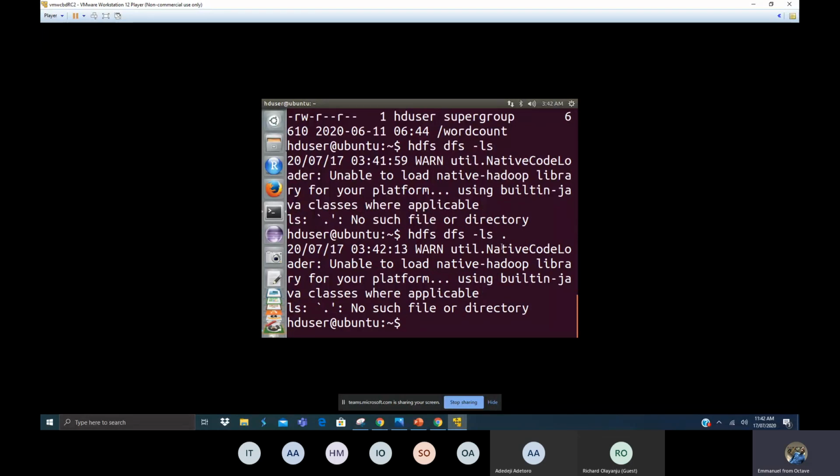So the command in the normal environment versus the HDFS environment: in the normal environment, if I type this, it means list the files in the current directory. But the command I want to run now is to recursively list the directories in HDFS. So it's just like